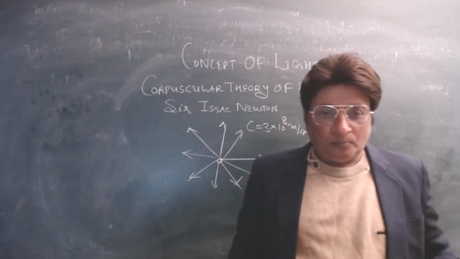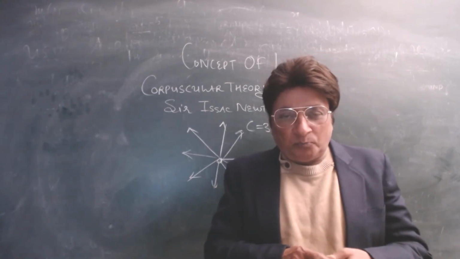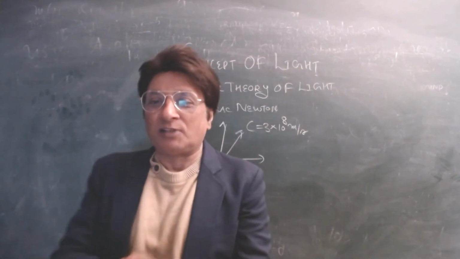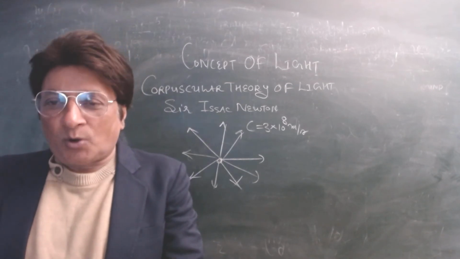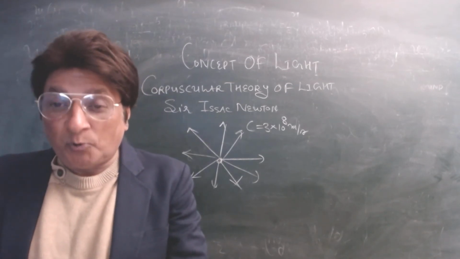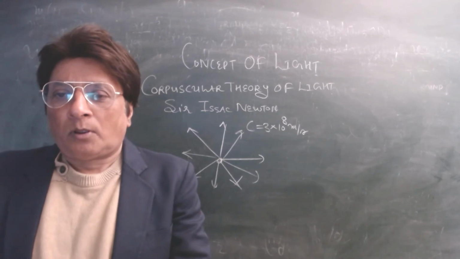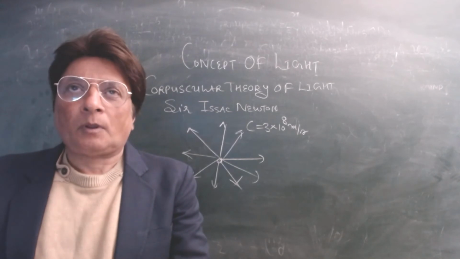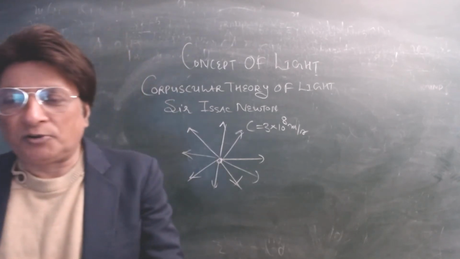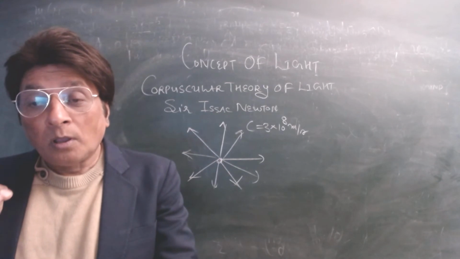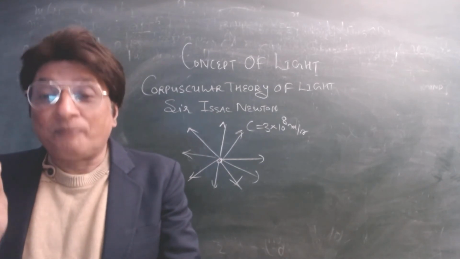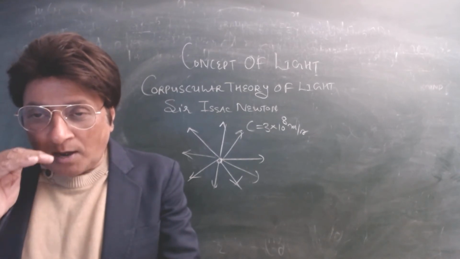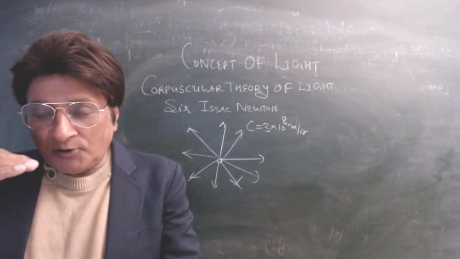Now, as you see on television, people sit in 5, 6 chairs and start discussing, and Newton sir is also there. Newton sir is asked a question by one of the reporter scientists: sir, light travels in a straight line, how do you explain this? Newton's answer: look, light travels in the form of corpuscles. A corpuscle has inertia, and inertia of direction is there, so light travels in a straight line.